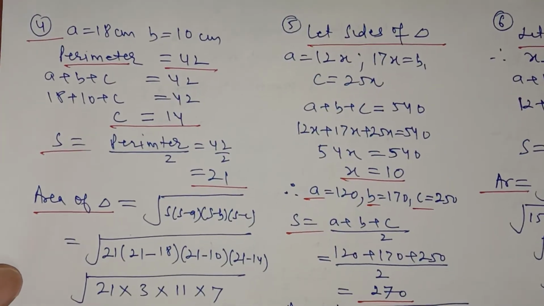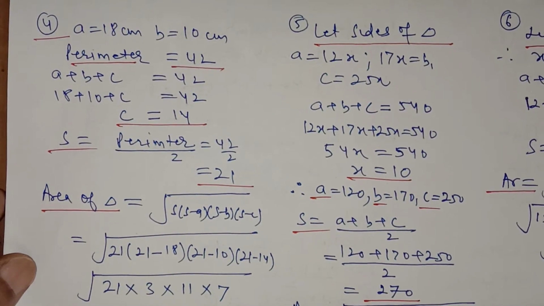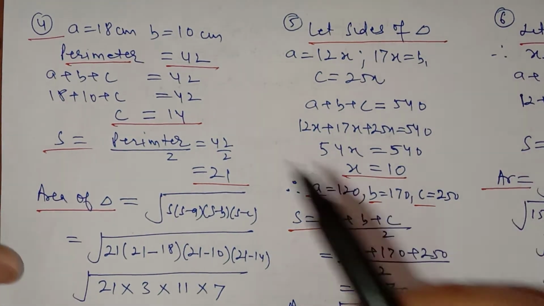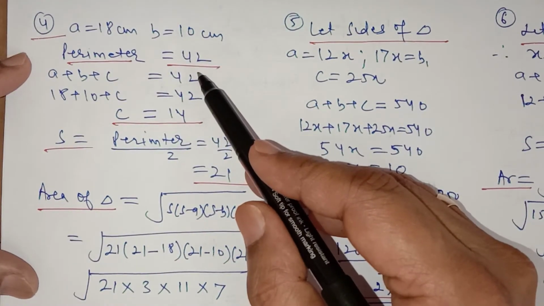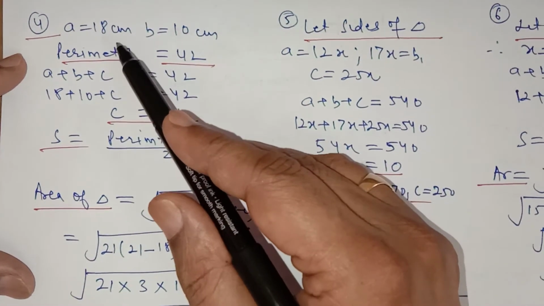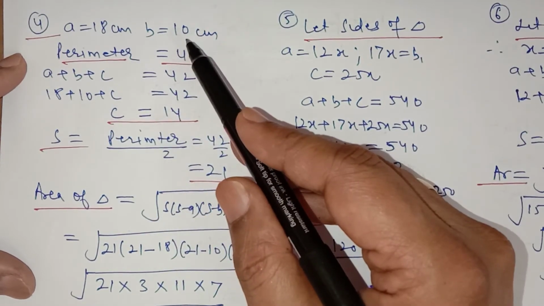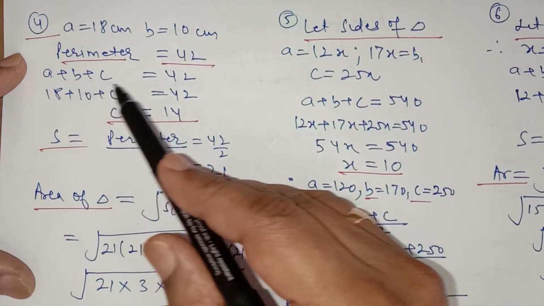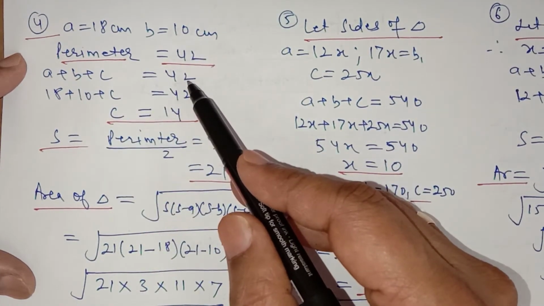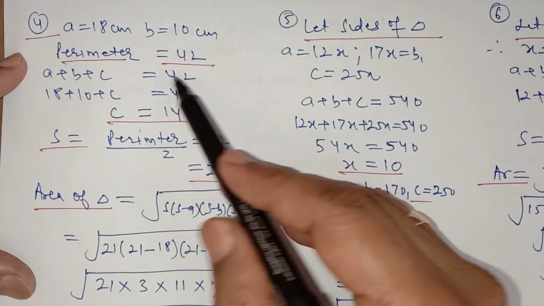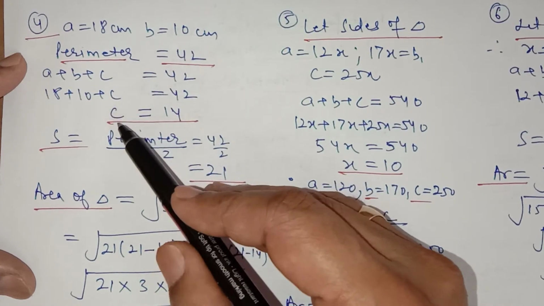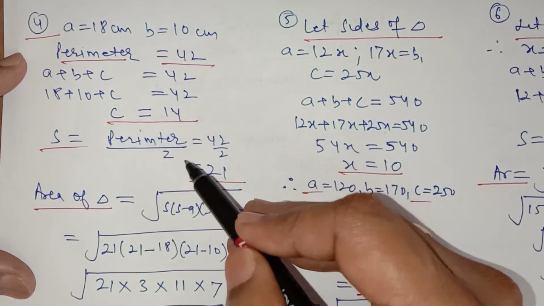Yes, in question number 4, the perimeter of the triangle is given as 42. You take your own time to read the question from your book. The perimeter of the triangle is given, which is 42, and two sides of the triangle are given as 18 and 10. So I let them equal A and B. So A plus B plus C equals 42. You know the perimeter is the sum of all the sides of the triangle. So the value of A is given as 18, the value of B is given as 10. You can easily find the value of C, which is equal to 21.